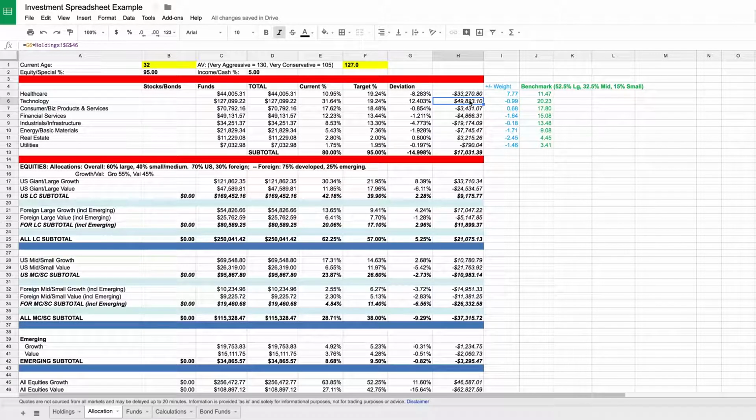And that's not just in one fund, that's across the board as an aggregate. You are underinvested in healthcare by $33,000. So it should become pretty obvious that in order to stick to our plan and not deviate from the targets we set for ourselves, we need to sell tech-heavy ETFs. Maybe we have some ETFs that are only tracking the technology sector. If so, it's very easy. We can sell a number of shares out of that fund and use the proceeds to put them into healthcare,